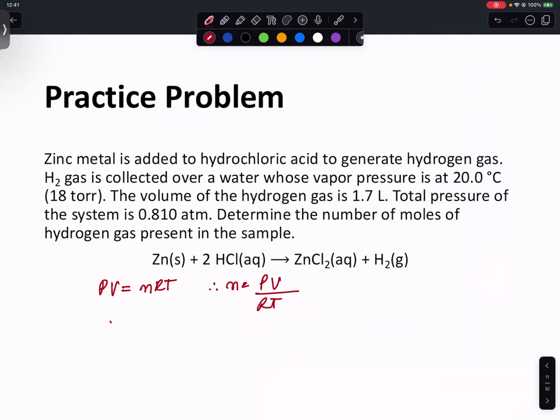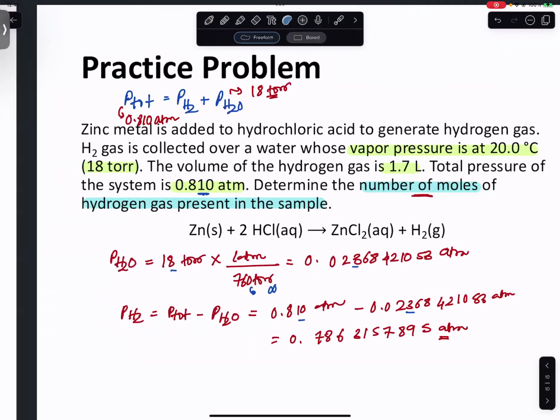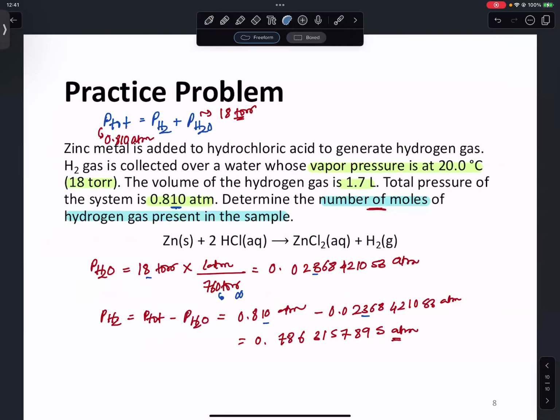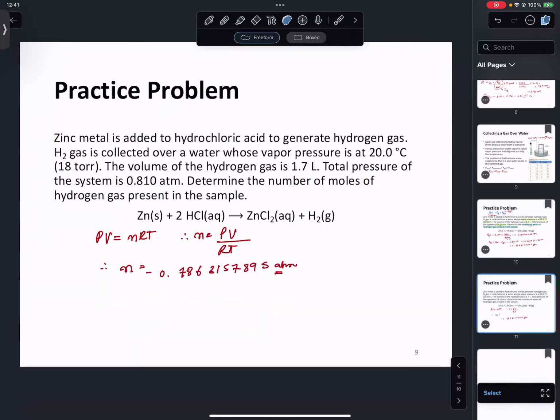So n equals the pressure, which I calculated. I'm just going to copy and paste it right here. And this is 3 sig figs, by the way,